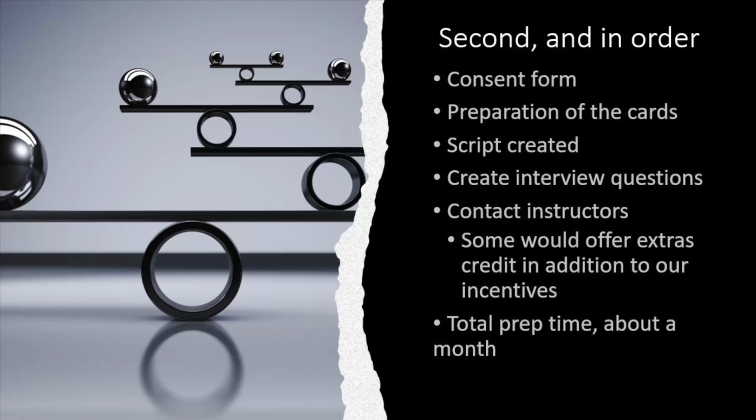The participants needed to have already taken or be currently enrolled in the English 1101 course in order to be eligible. We created a study consent form explaining the details of the test to students with the help of the Office of Institutional Effectiveness. The guide was examined and then codified into the cards for the study. A script was prepared with interview questions and explanation of the test in order to create consistency.